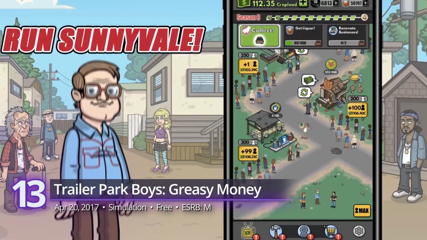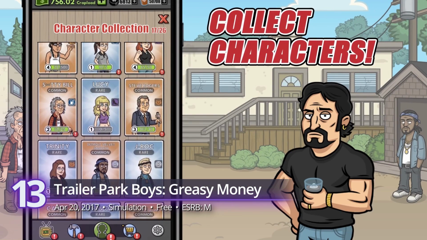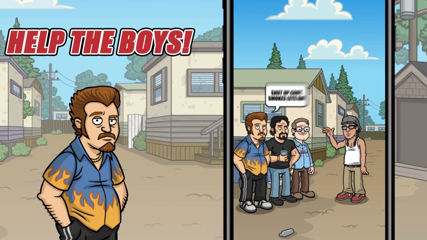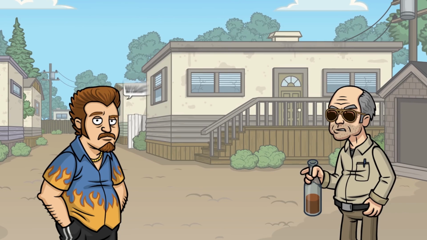13, Trailer Park Boys Greasy Money. From the hit TV show, meet your favorite Trailer Park Boys in their very own mobile game. This idle game lets you run Sunnyvale and build your own empire of liquor, cards, hash, and cash. Basically a video game of all their silly adventures, with a play score of